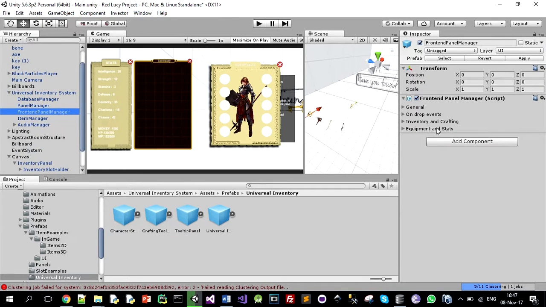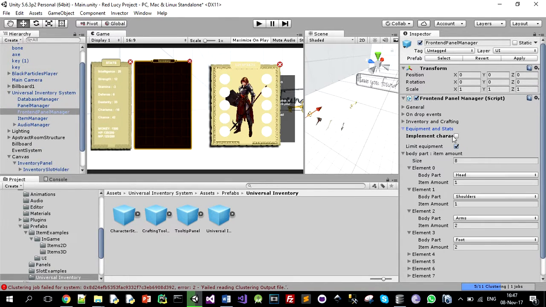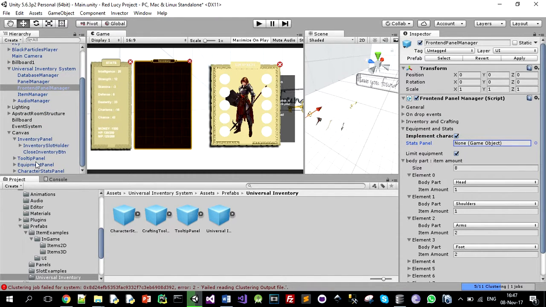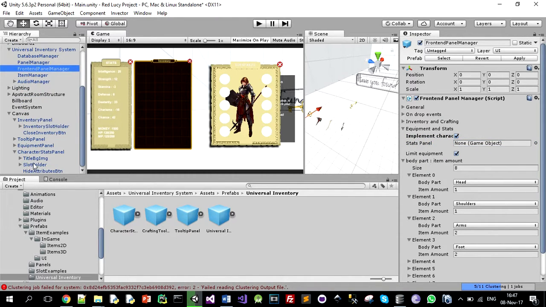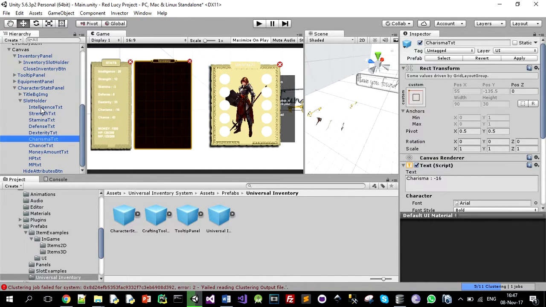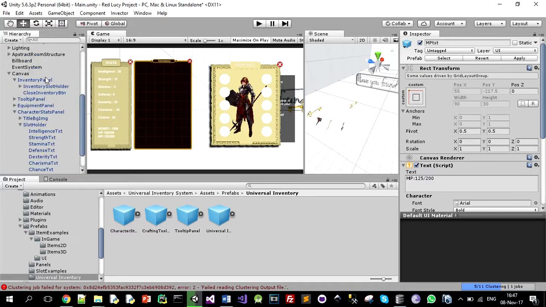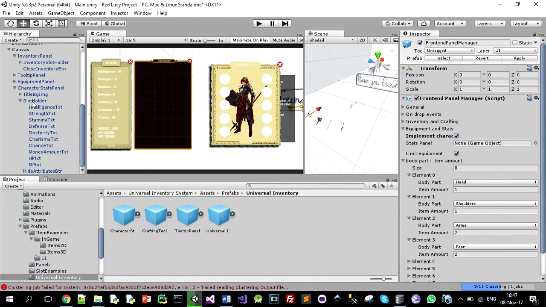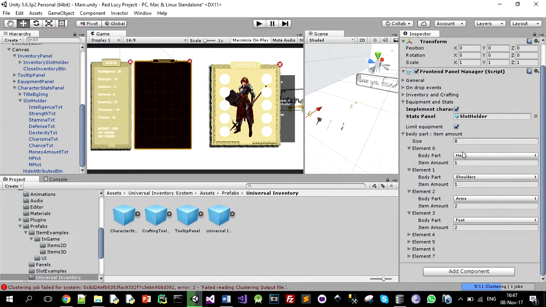Then don't forget to go to equipment and stats under frontend panel manager and just click implement character stats. Without that, our system won't know whether or not we want to implement character stats. And then just assign a slot holder of that character stats panel to the empty slot holder inspector under stats panel. Slot holder is a game object that contains slots as its child elements. In this case, those are the